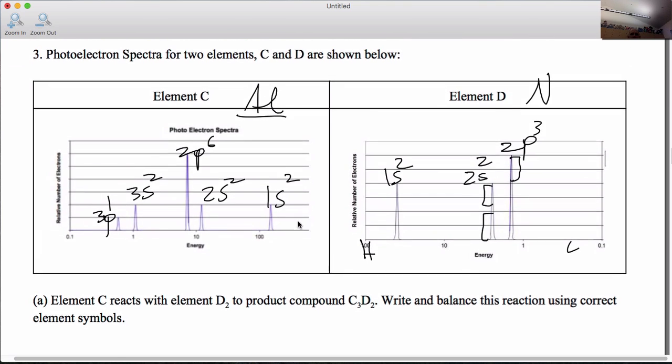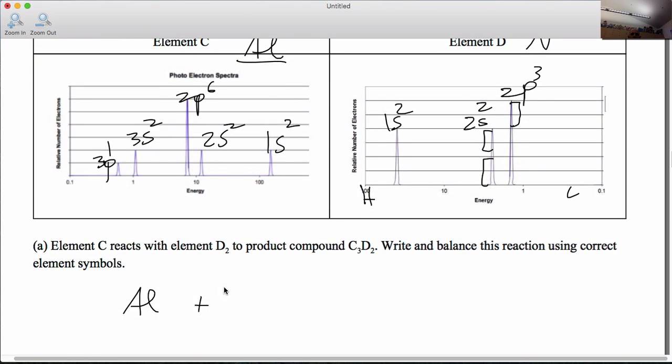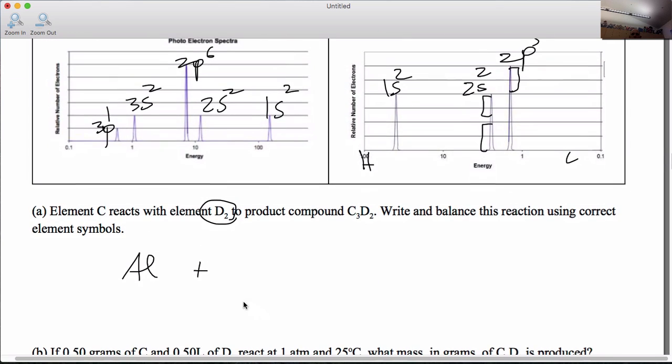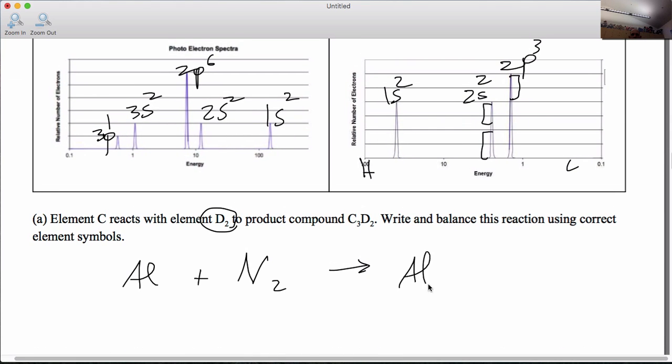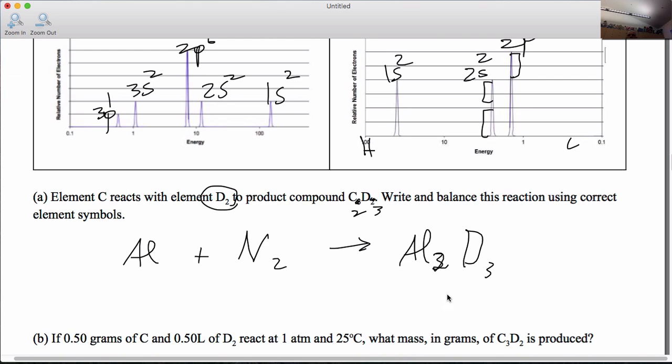So it says element C, which we know is Al, reacts with element D in this form, D2, to form element C3D2. So Al3D2. And I actually messed this up. It should be C2D3, Al2D3. So it wants us to go ahead and balance this reaction. And I actually don't like the way that I did this here. This should be, I'm sorry, apologize. This should just be,